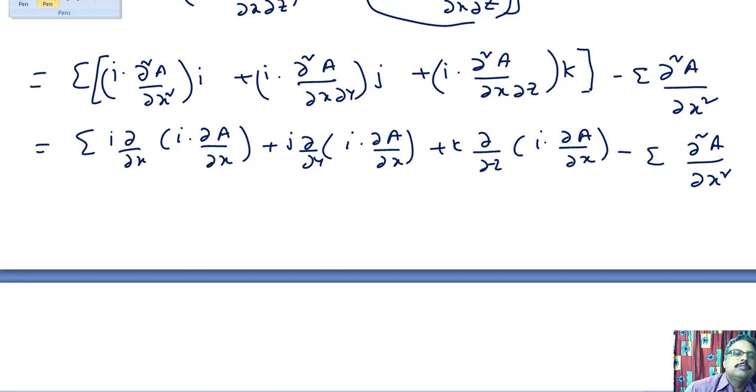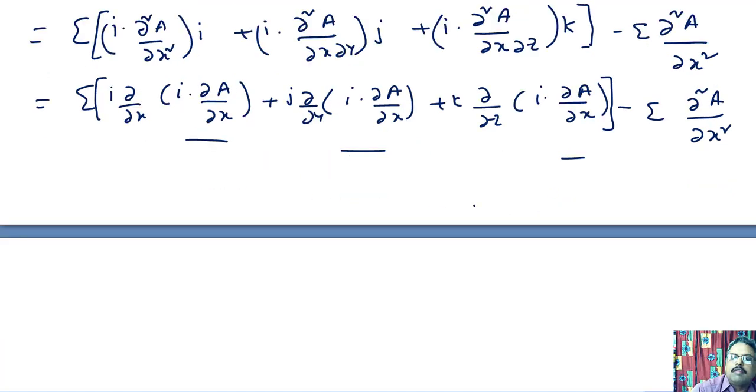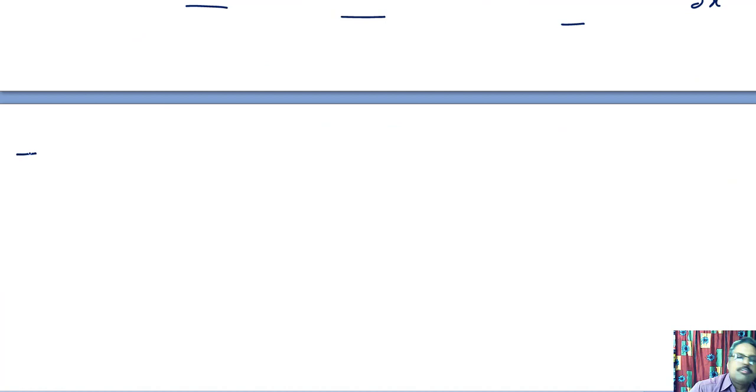Now continuation. Now this is the first summation up to this one. Now try to understand here: I dot dou A by dou x is a common term here, here and here. Now the left hand side is curl of curl A, or del cross curl A,